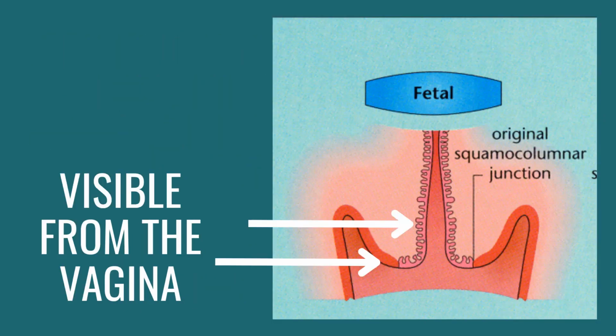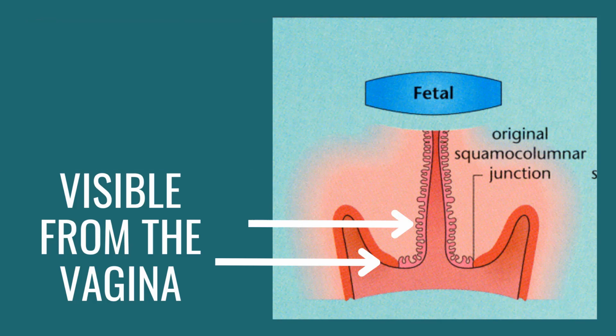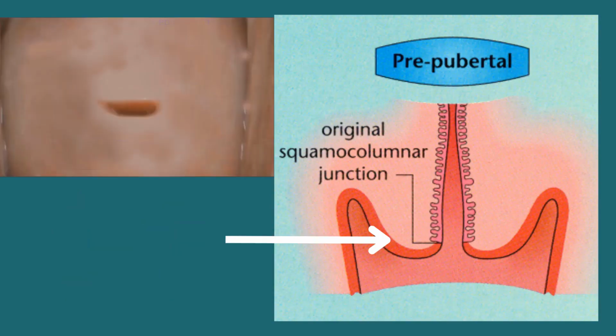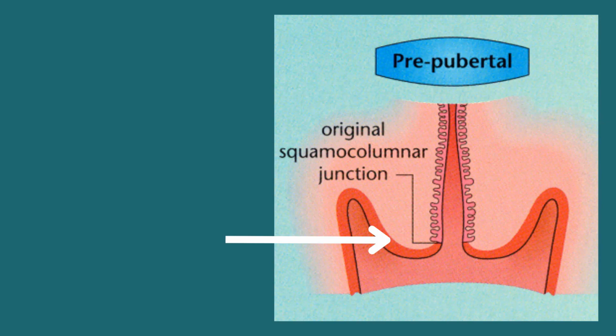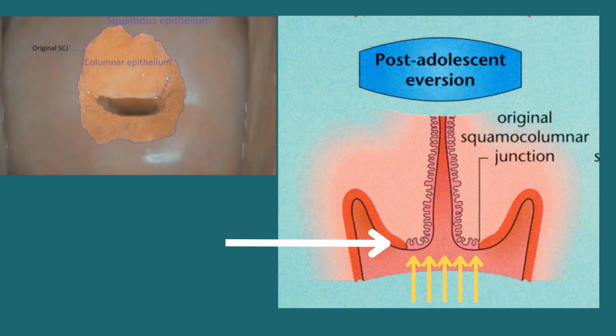So first, during fetal life, because estrogen is high, the endocervical epithelium is protruded outside the endocervical canal. This junction regresses later during prepuberty, so the endocervical epithelium hides inside the endocervical canal at this time. Now, when the child starts puberty, estrogen hormones increase na naman. It then comes out again. This junction between the squamous cells of the ectocervix and the columnar cells of the endocervix is called the original